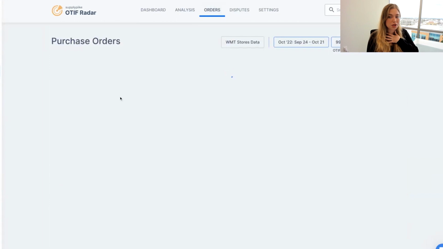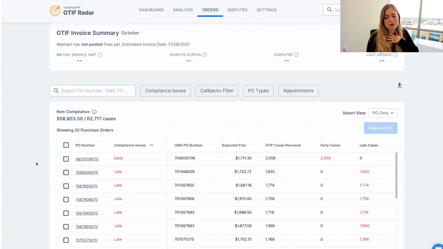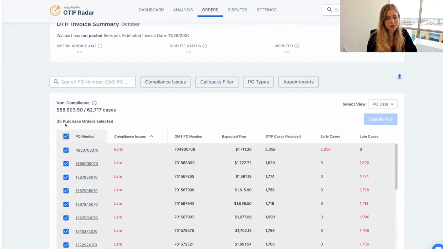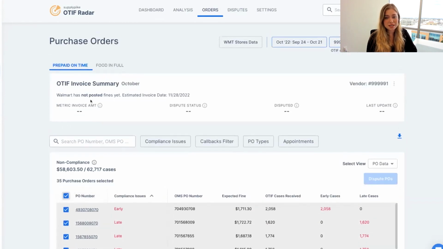Again, this is the purchase order screen where you can actually dispute the charges that you're seeing. We have a really great webinar on best practices for disputing OTIF charges. This application takes all of that work that usually might take hours to compile the analysis, hours to compile the research, and makes it as easy as just a couple of clicks. So a lot of great insights are baked into this application, so that you don't have to spend time wondering what fines are actually invalid,